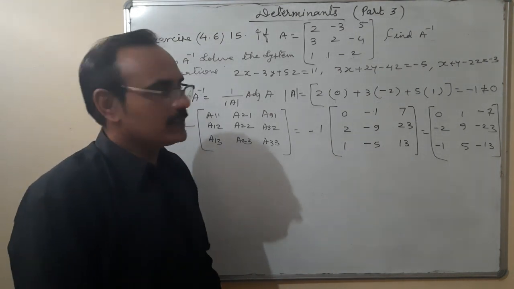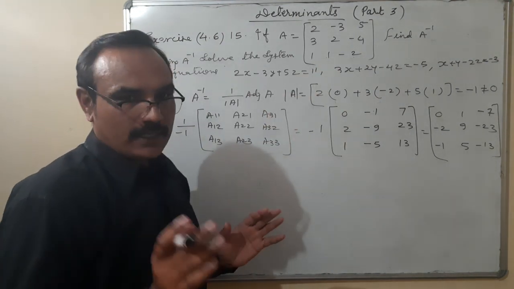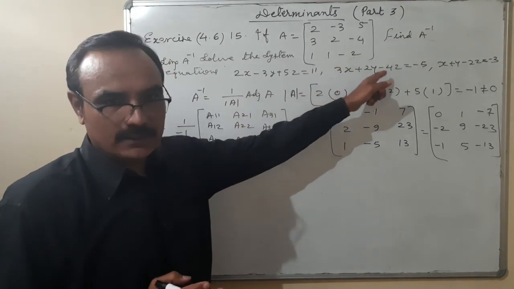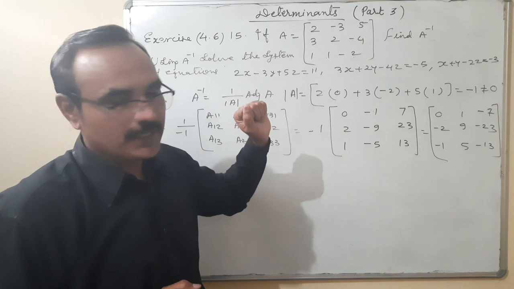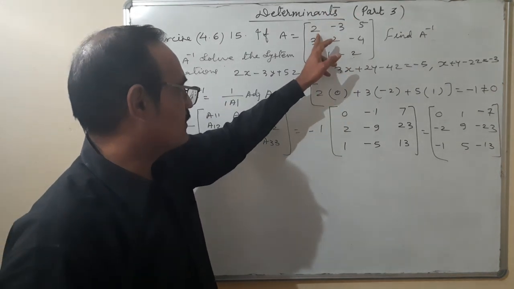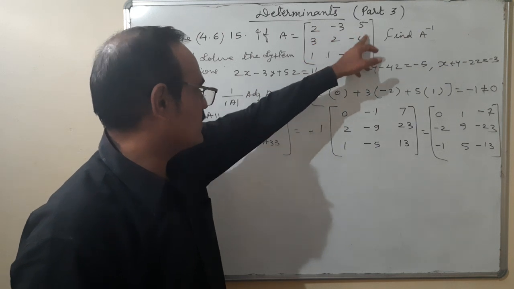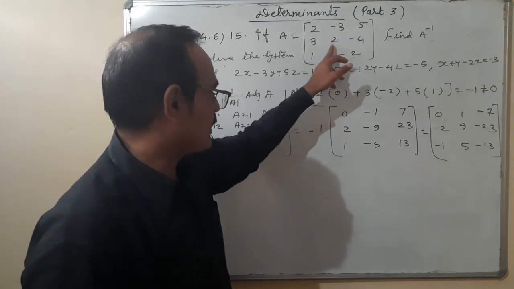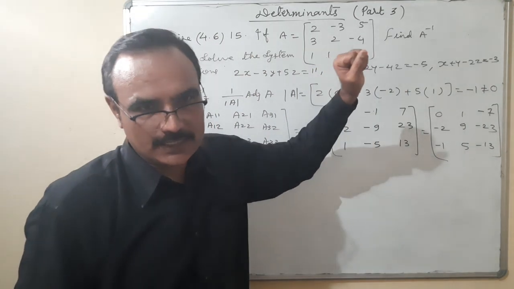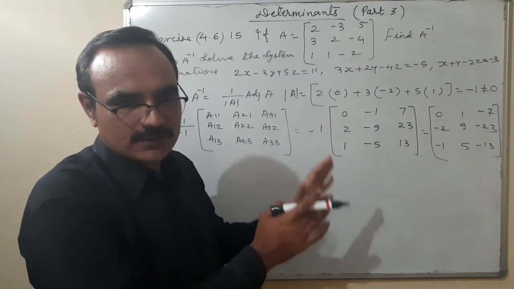And now we are finding the values of x, y, and z. And you can see the similarity of this matrix and these linear equations. You know what the similarities are? These 9 elements are there, and these are the coefficients of x, y, z in the first, coefficients of x, y, z in the second equation, and coefficients of x, y, z in the third equation. They are the same. That means half of the portion we have done.